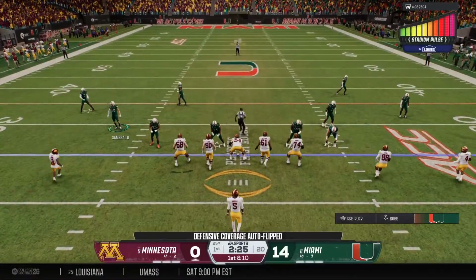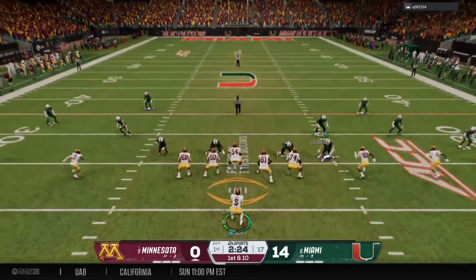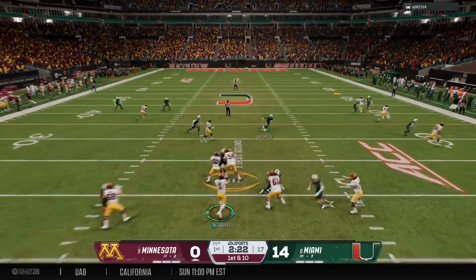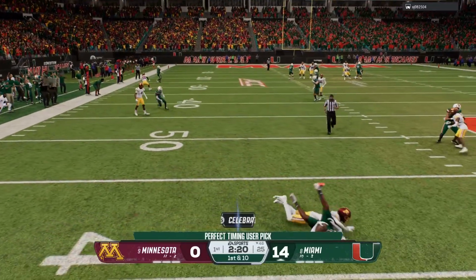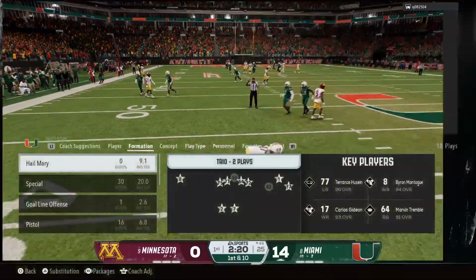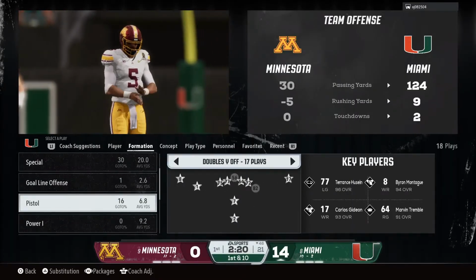And the Minnesota offense takes the field. The last possession ended in an interception. Let's see if they continue to trust this quarterback in the passing game. Taking a deep shot here to the right. Oh, it's picked off. What a play. He's brought down quickly, but that takeaway is a huge play for this defense.